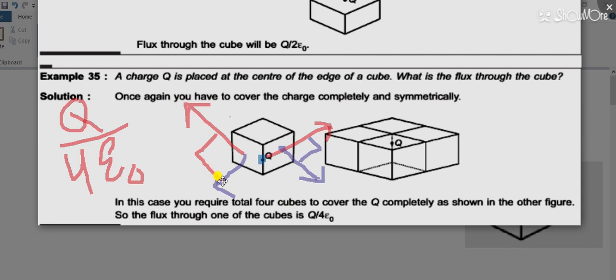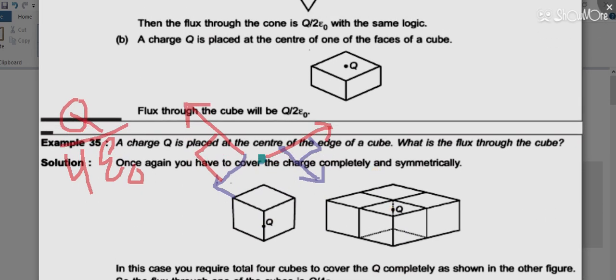So students, here we have the biggest concept. The biggest concept is that if a charge is touching any face, then no flux will come out of this face. Like the earlier question, you can take the screenshot. Now I am just telling you about the earlier question. In the earlier question also, from the face which is touched by this charge, no electric flux will come out because its area vector is perpendicular.